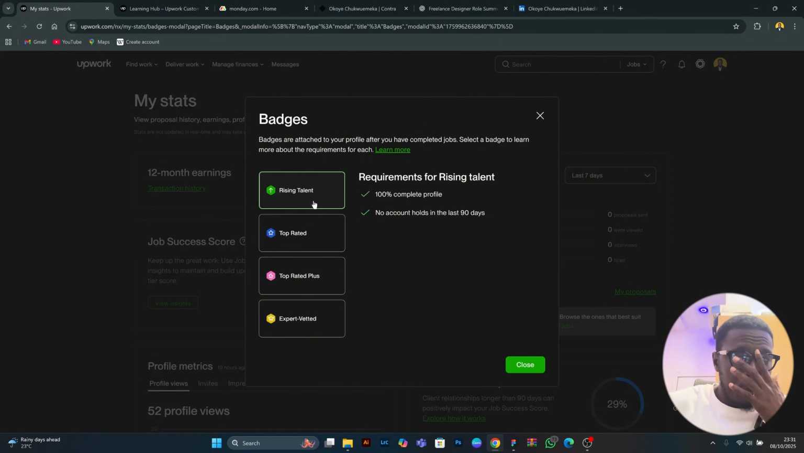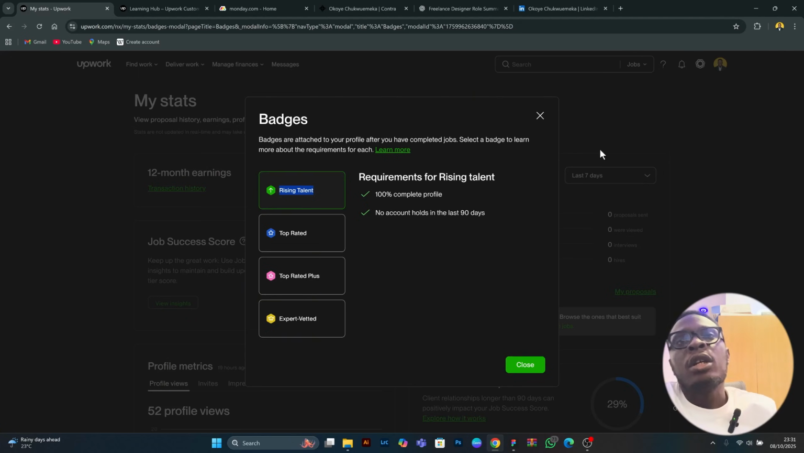Now, this is the simplest badge to have, and I encourage everybody to have it, especially when you're just starting. Now, the Rising Talent badge has 2 criteria. Your profile needs to be 100% complete. If you followed what I said step by step, adding reviews, getting a job success score, putting the right profile photo, requesting testimonials and the rest, you are going to see that your profile might begin to reach